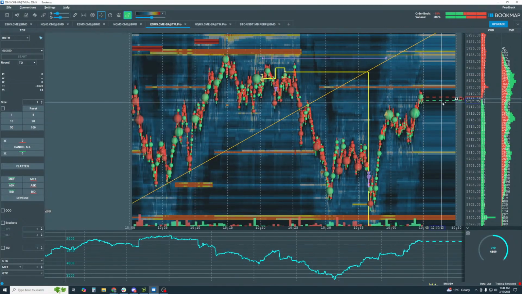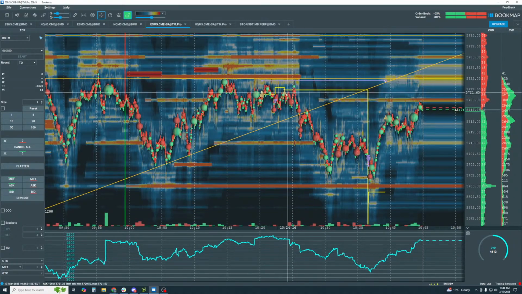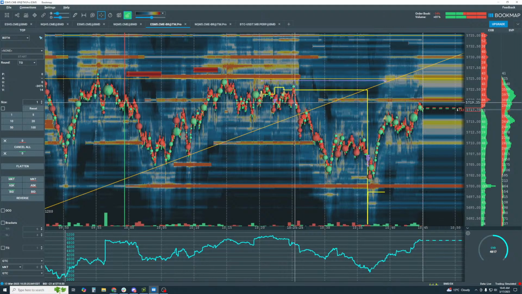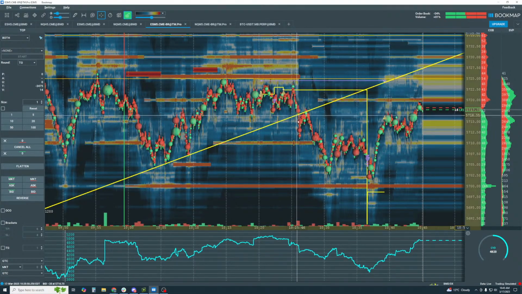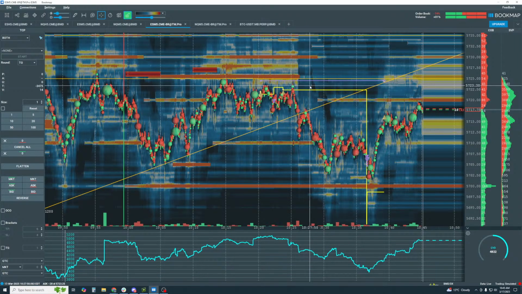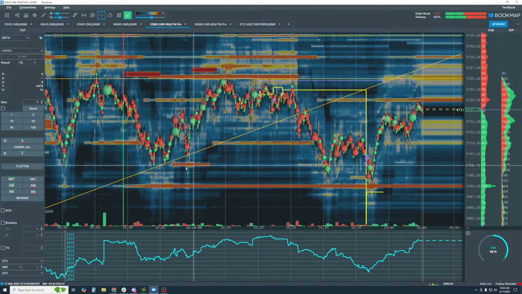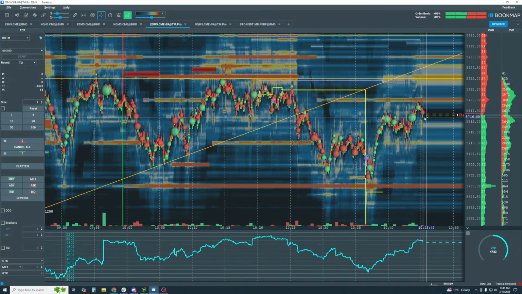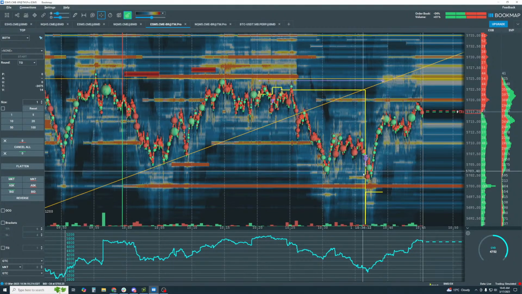And then now the buyers are back in here, and we might get our original idea, our original breakout in here. This is not typical. If we get this kind of move down, it usually comes right back up, trades up here, and then breaks out. Instead, we really had it come all the way back down to the bottom of the range in here, and now it's back up into the range.